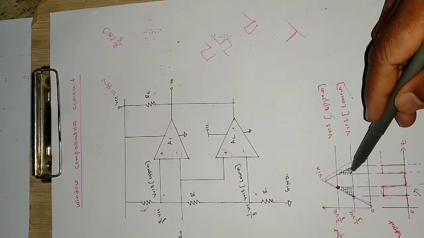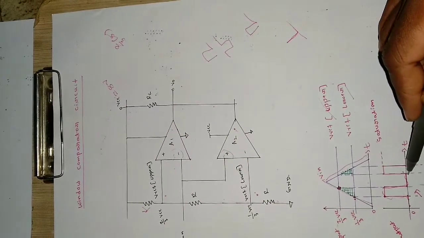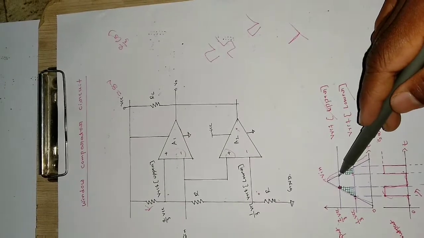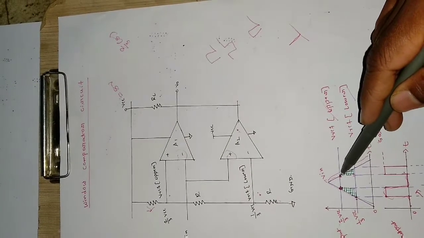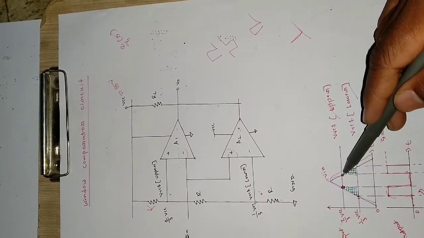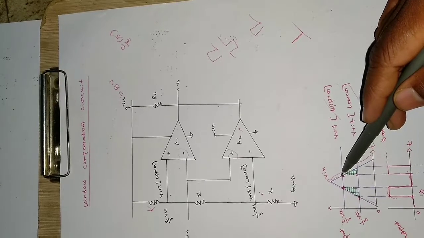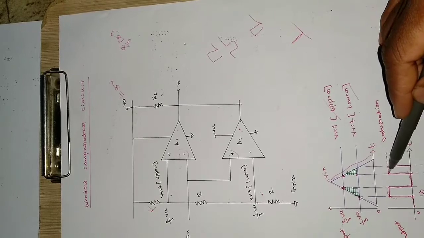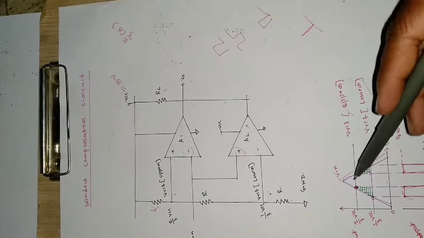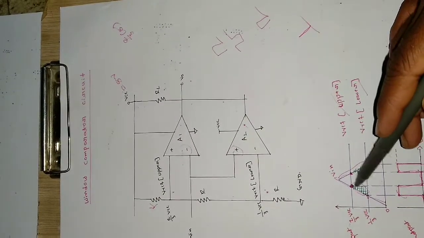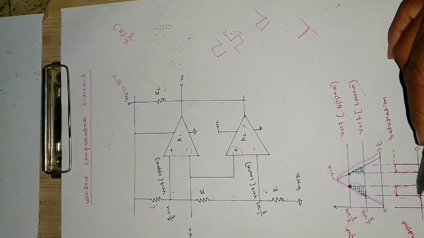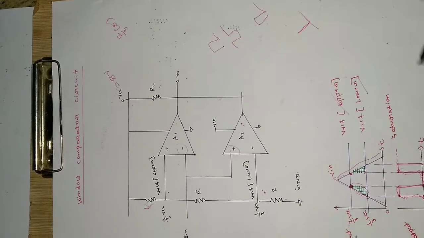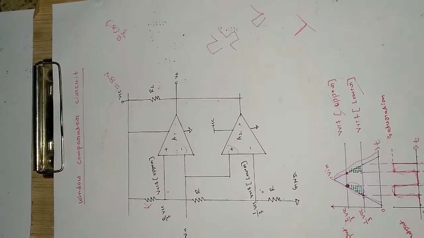Again, when it crosses the lower voltage here, so this is crossing over here again. When it is crossing from here, the reference is now greater than the input voltage, and once it becomes less than the input voltage, the output is going to be negative. Okay, so this is the portion we are interested in. So this will give the window like this, that is a pulse with a time period of T. So this is the window which I expected.